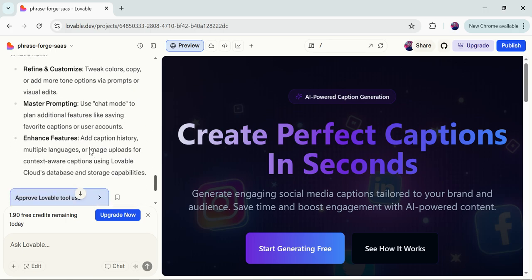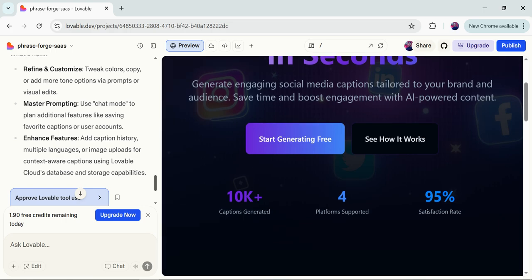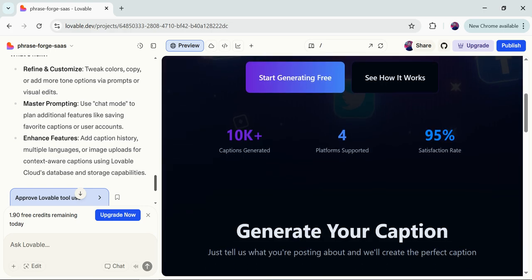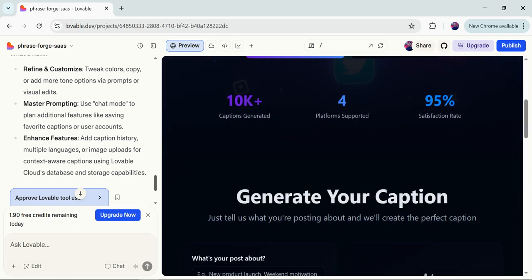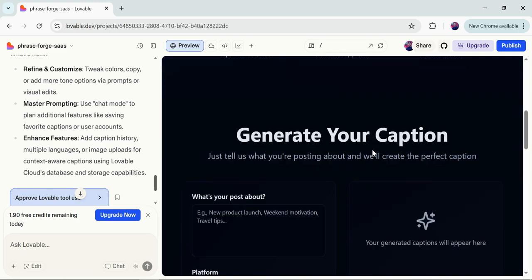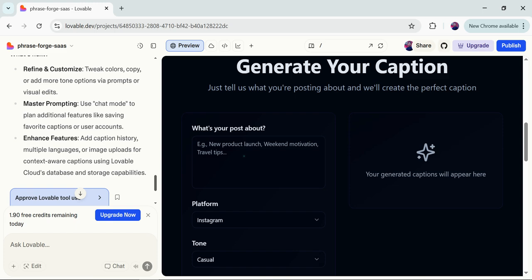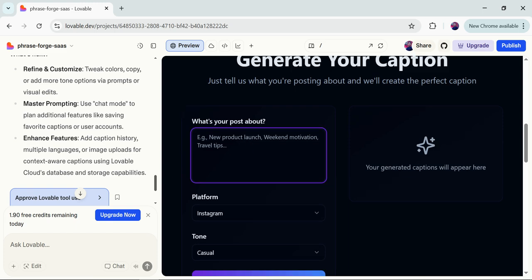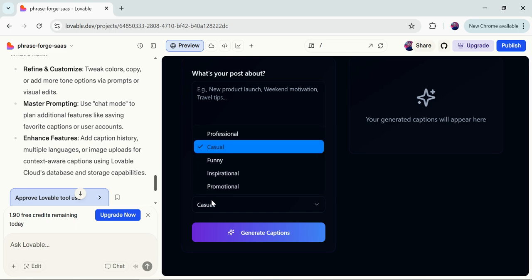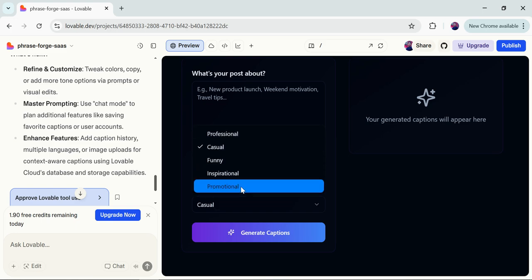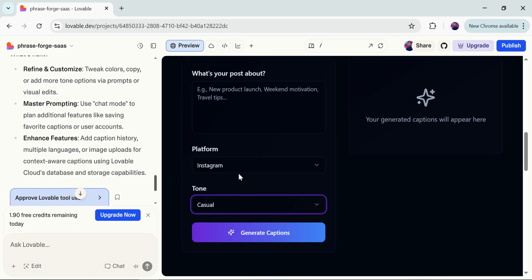Here you can see the eye-catching overall interface of our SaaS product. It has also added some stats, and here users can create their own post. They just need to enter some details about their post, choose the platform, and then choose the tone of their caption, and it will create a caption for them.